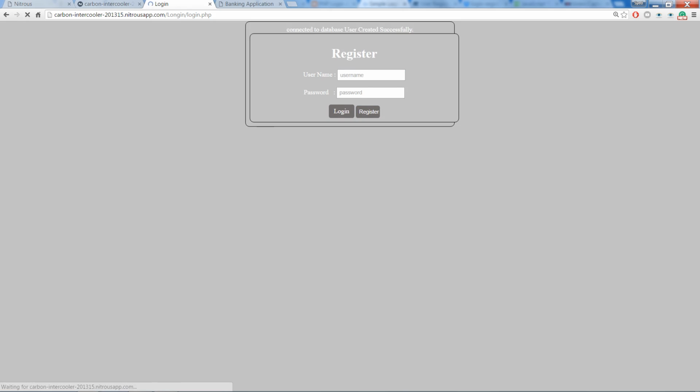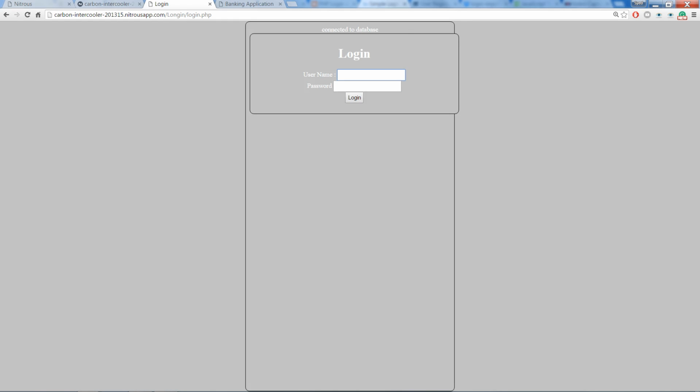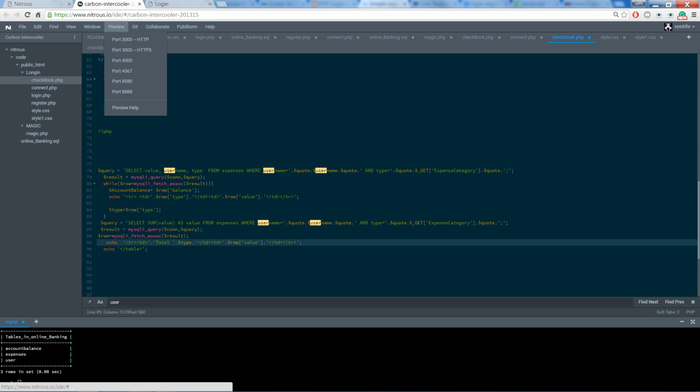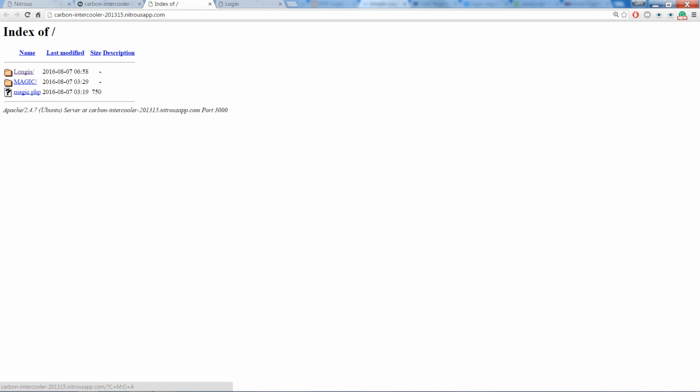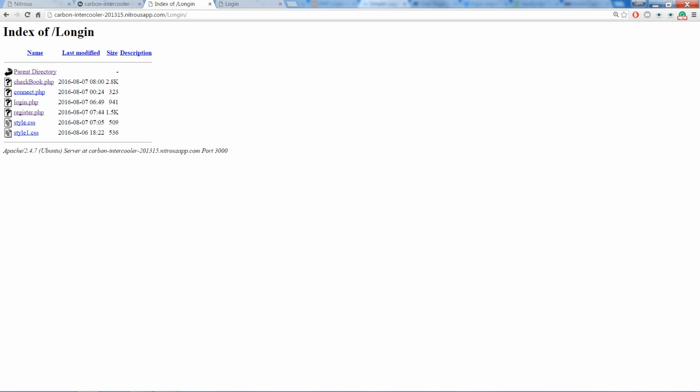So that'll send us to a login page, which Rick can use to log in. And this is what I had trouble linking up to my actual application. After logging in, the user is not actually able to link up to their application. So we're gonna have to go from here to get to it. Let's see, checkbook.php,